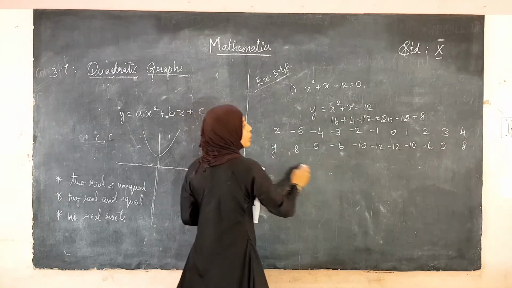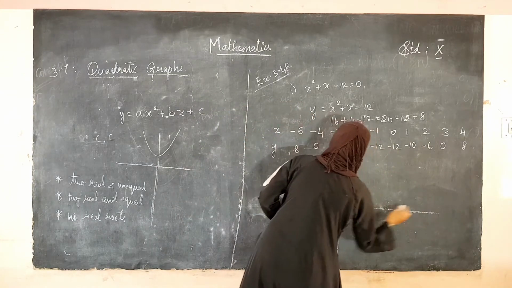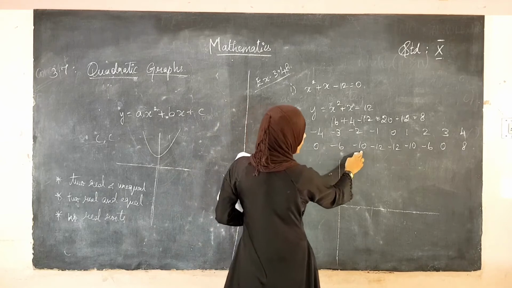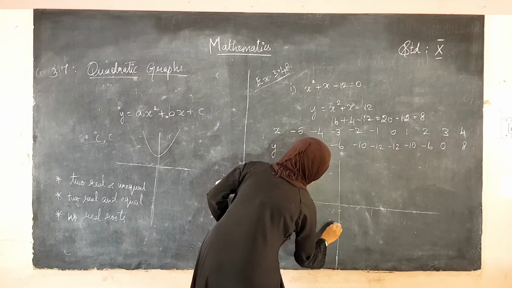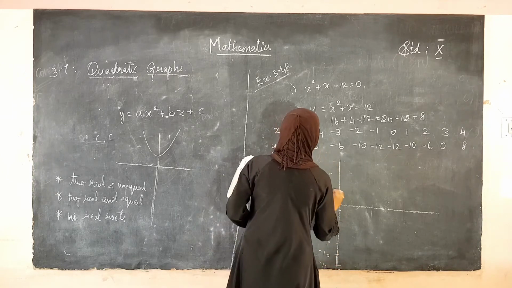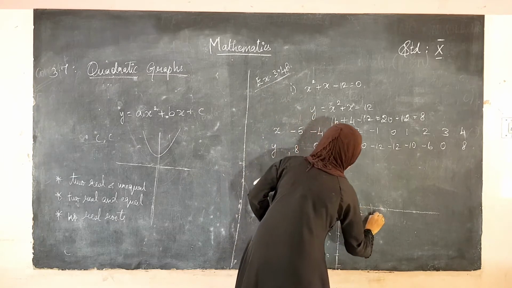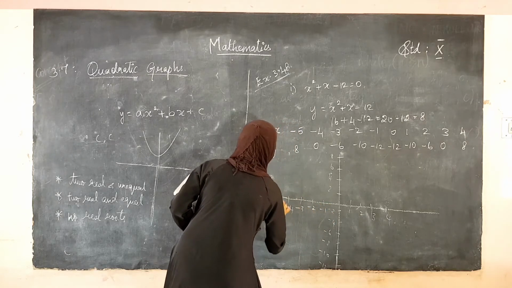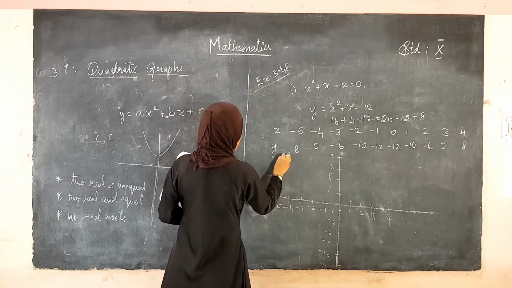Okay. See, from 8 to 8 we got the answer of y. Shall we draw the graph? See, in the y axis we have from 8 and the largest value in minus is 12. So, it has to go like this: minus 2, minus 4, minus 6, minus 8, minus 10 and minus 12. Minus 5. See the first point is minus 5 comma 8. This is the first point.